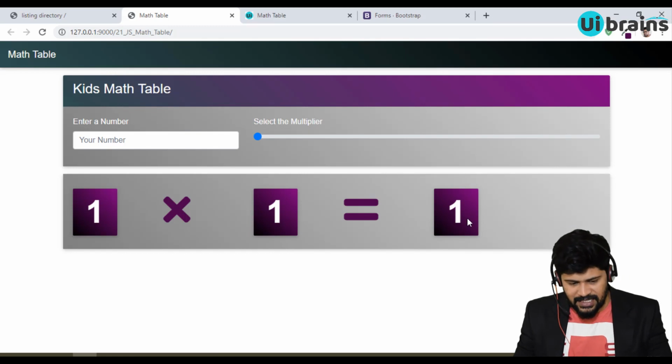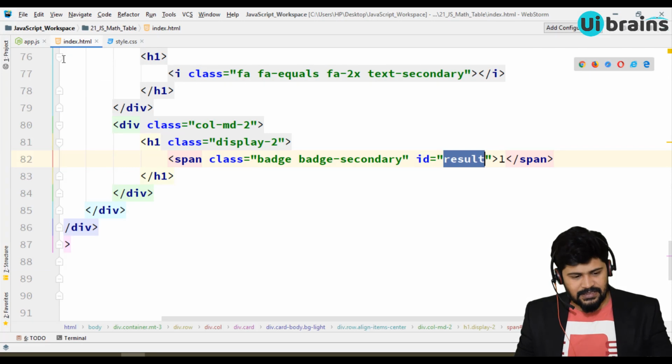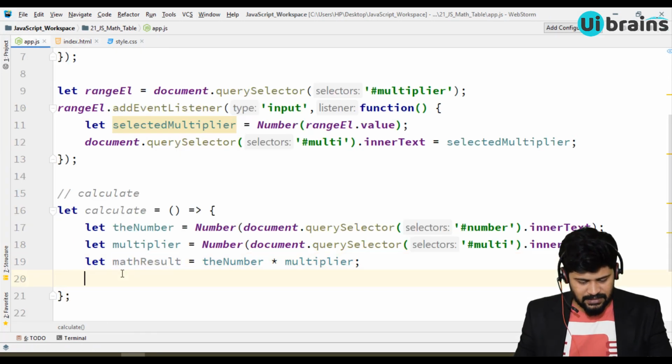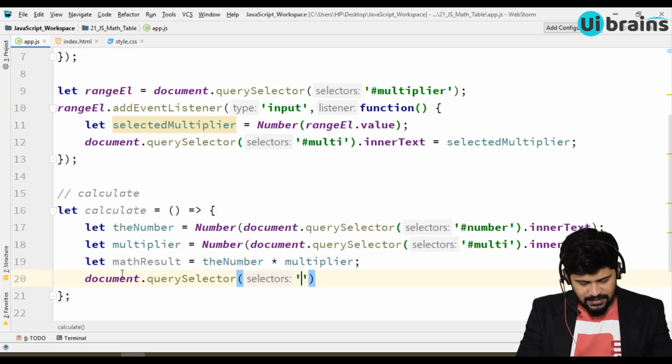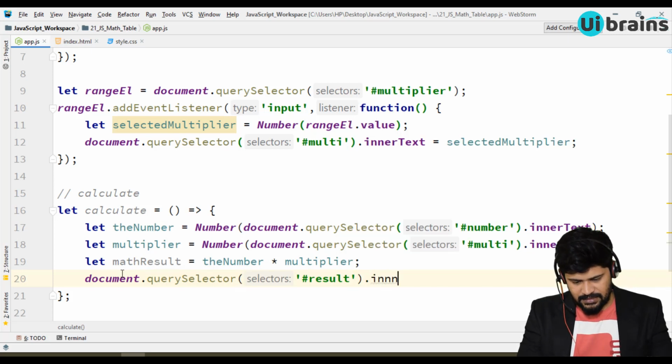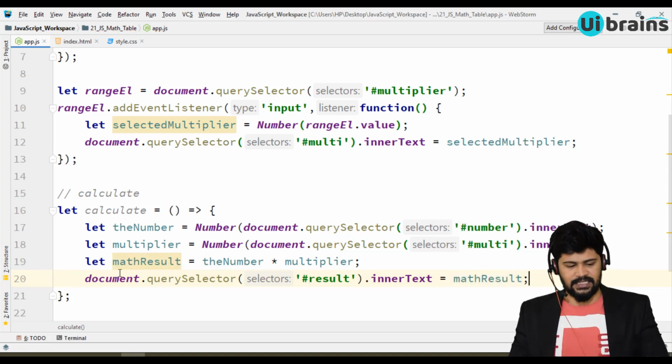This also has an element ID. The last ID is result. So let's take that one. document.querySelector of #result.innerText is equal to mathResult.